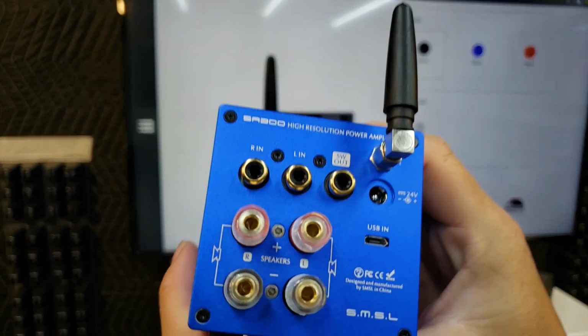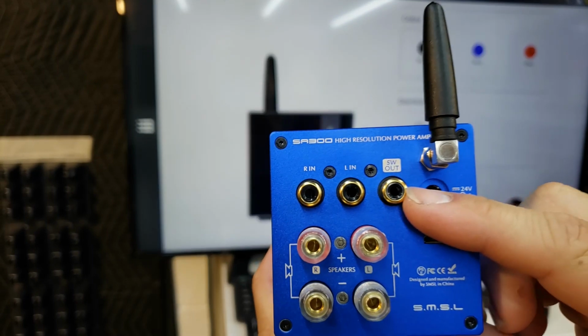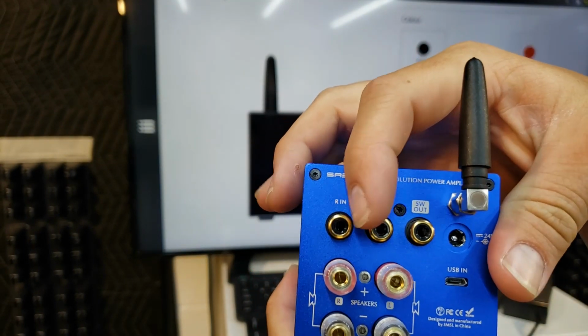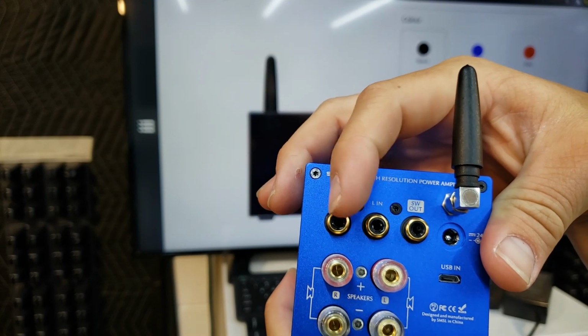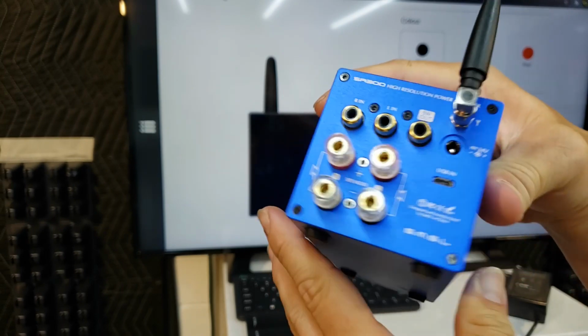Let's take a look at the back. Bluetooth, obviously. This is one of the reasons I wanted this one: you get an actual subwoofer output, and then your right and left line input. They don't color code it. This is more like the old school stuff where you just get an R and an L on your line in, and then obviously,